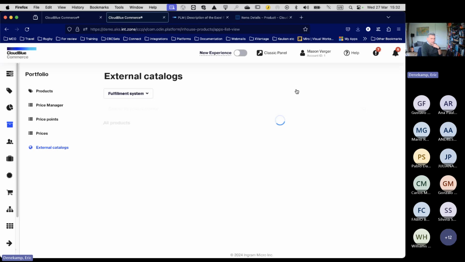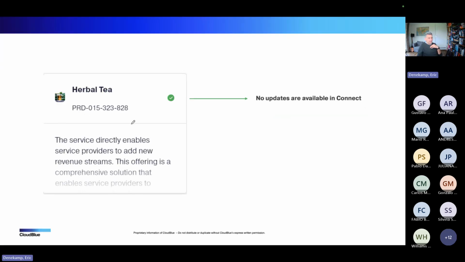But while we wait for this to load, let's go back to the slides. You will see a couple of tiles there with the installed ones and then anything that is available, where you will find a marker here. And with that marker, we try to signal what needs updating, what is okay, etc. If it's green with a checkbox, it means that you're up to date with this product. There is no newer product in the system. If it gives me a blue circle with an exclamation mark, it tells you that updates are available and should be imported from Connect. You open that tile in that case.